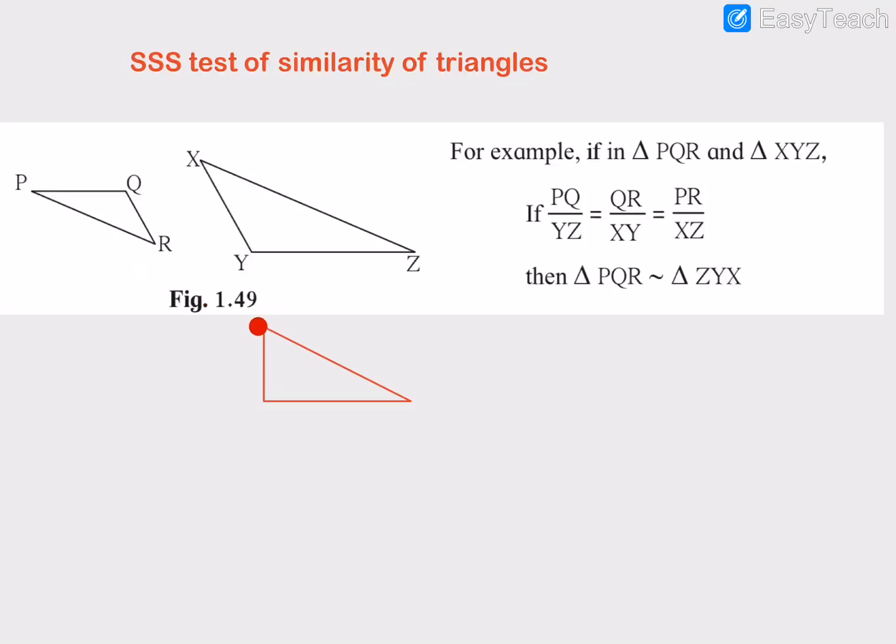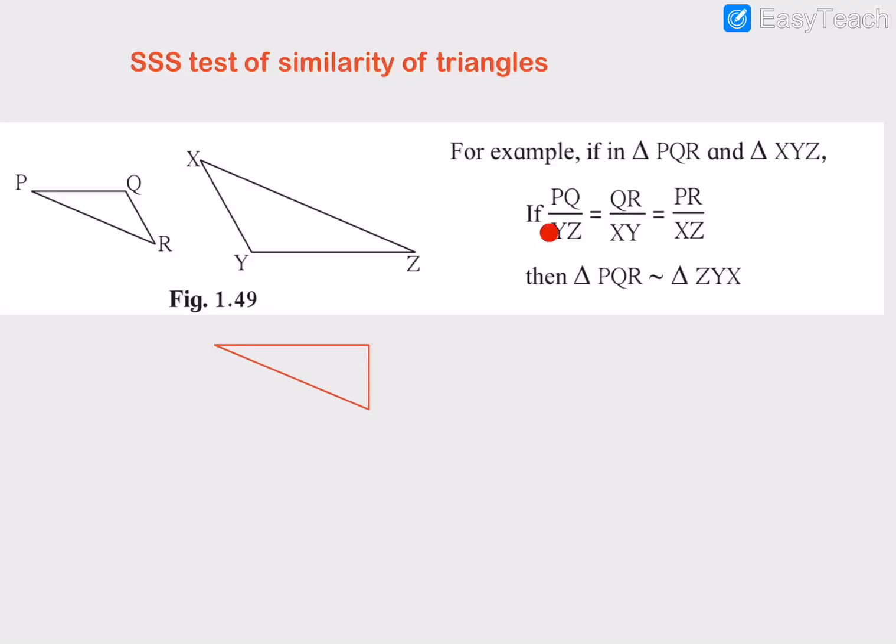So now I have redrawn the triangle PQR to this position, and I am marking the corresponding sides. So we can also shift the second triangle. I think here PQR is similar to ZYX. So we have to shift the second triangle. So I have turned the position of the second triangle. Now according to these given sides, I am marking the second triangle. You can see PQ is given by YZ. PQ's corresponding side we cannot find in this image, so I have just turned the position of this triangle.